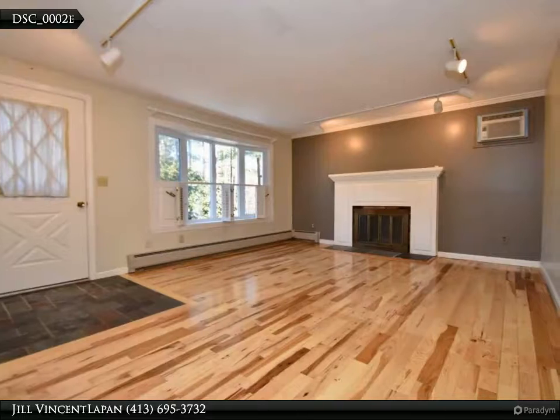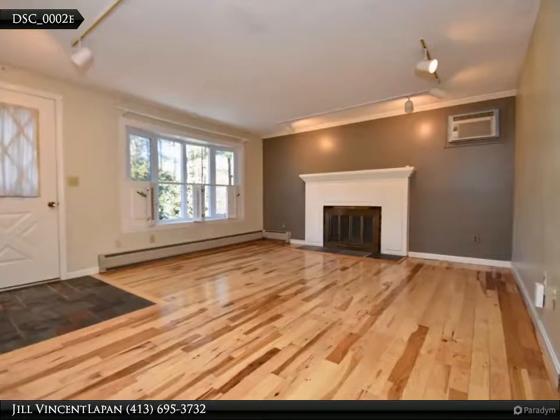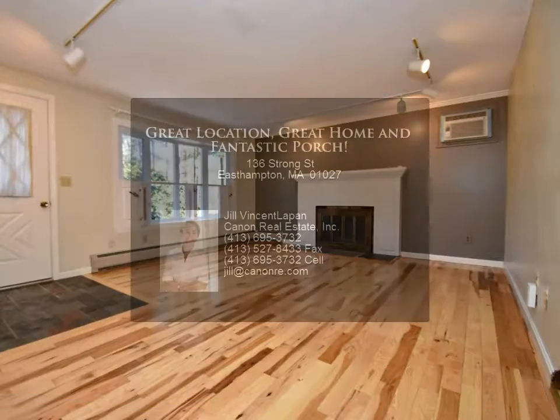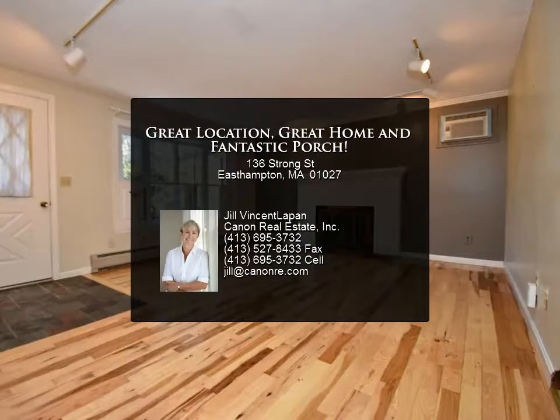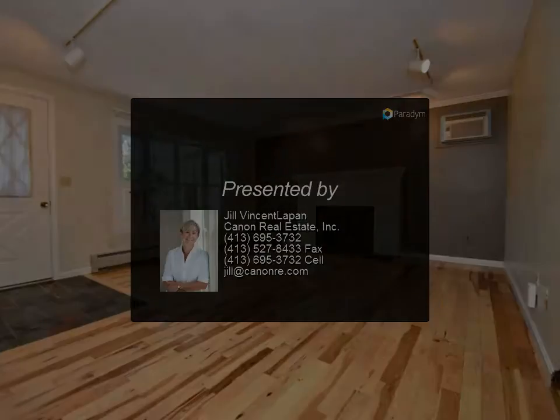You'll love the versatility and convenience of the huge mostly finished basement with bar setup and storage closet. The washer and dryer are included and are located near the doorway that leads to the one-car garage. A truly wonderful large lot with a